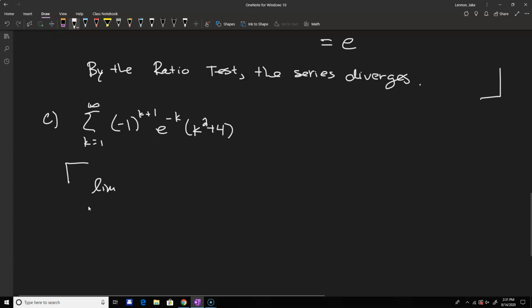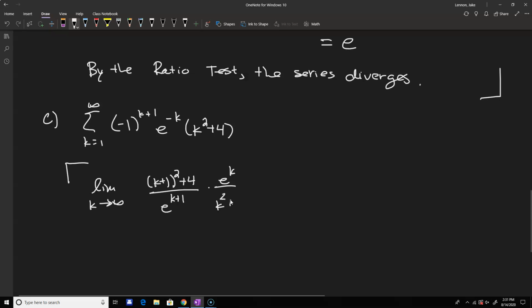So, in fact, we can ignore that -1 because we're using the absolute value. So, on top, we're going to have k plus 1 quantity squared plus 4. And on bottom, since it's e to the negative k, that will be e to the k plus 1. And then we're multiplying by the reciprocal, e to the k over